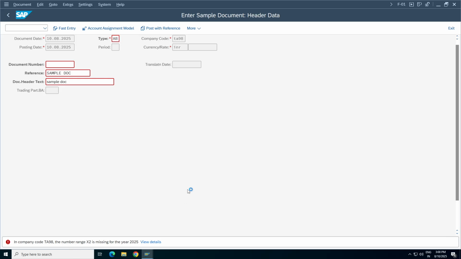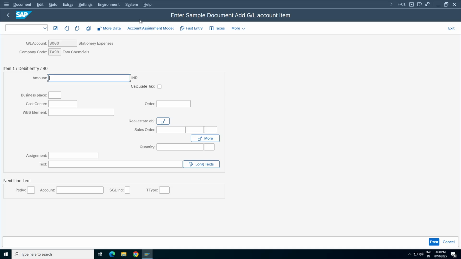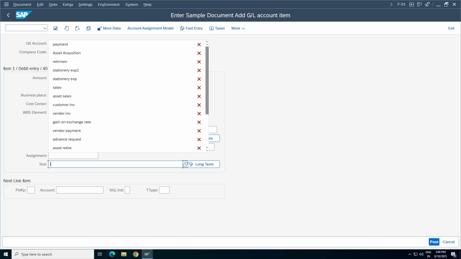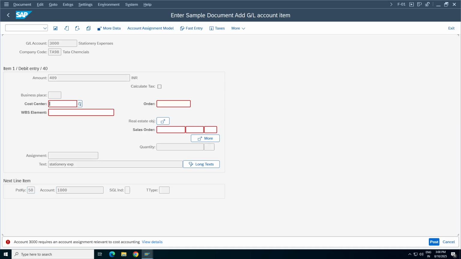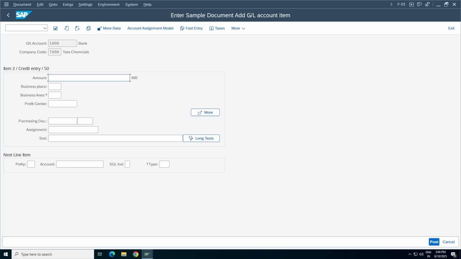The system proceeds to the next screen. So our number range has been defined with X2 and some respective number like 301. Now you can give your values. The text is a sample document, but if you want to give some actual expenses, you can, like stationary expenses, and posting key 50. You can give some thousand as a bank account or cash account. Press enter. Since it is an expense, the system expects one cost account assignment, which is the cost center, and here you give the same value for stationary expenses.